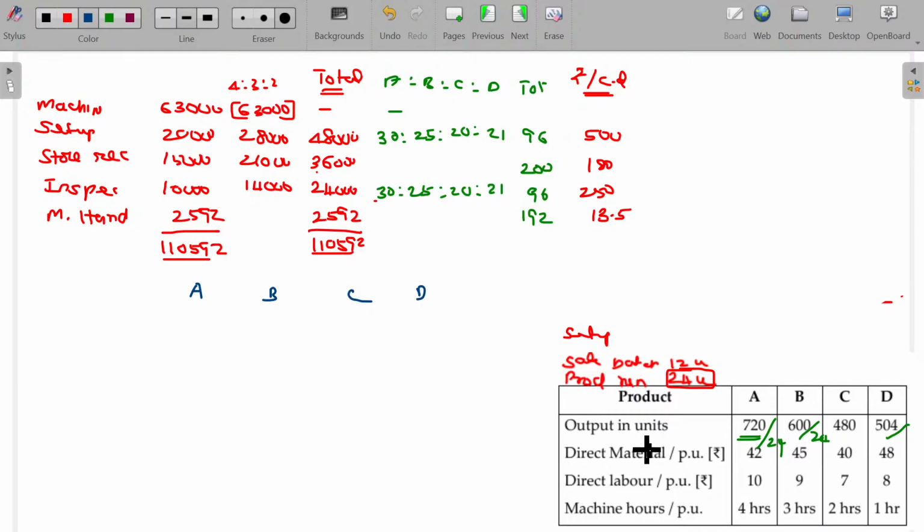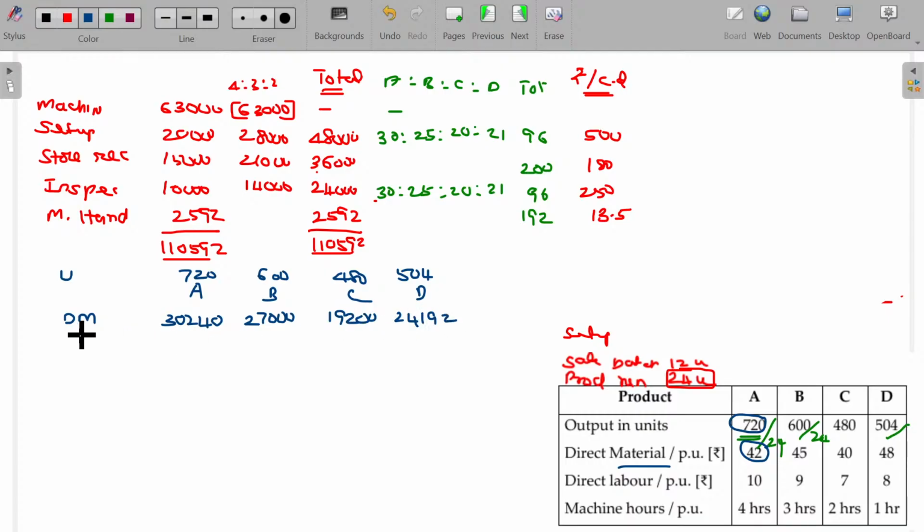First, we start with direct material cost, which is 42 rupees per unit. We can calculate for the total, the total units being 720, 600, 480, and 504 units. 720 into 42 is 30,240. For B, 600 into 45 is 27,000. For C, 480 into 40 is 19,200. And for D, 504 into this one,